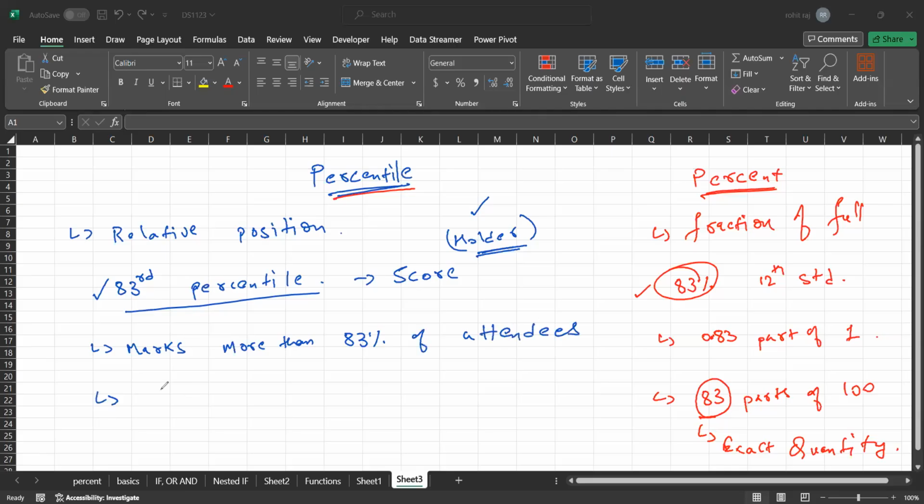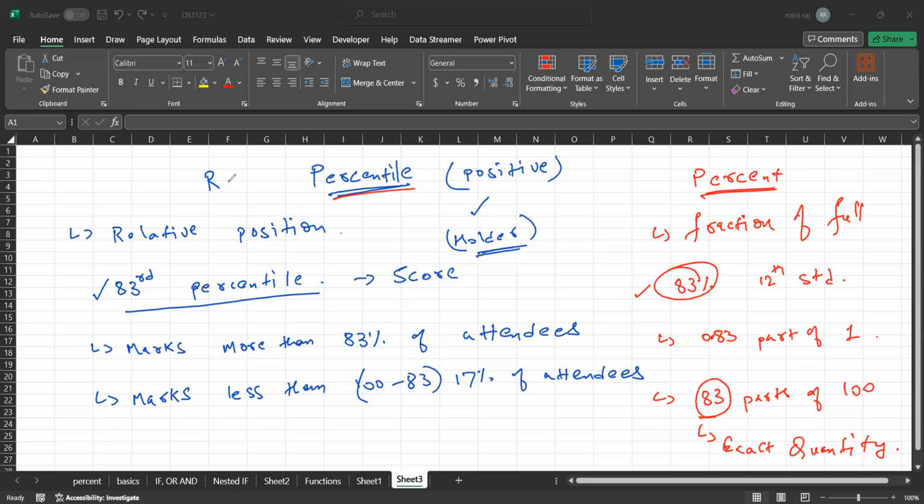And in other terms, this could also be mentioned as he was able to achieve marks less than 100 minus 83, which is nothing but 17% of attendees. Right? Percentile basically tells you about the position or relative position. In other terms, we also call this rank, right? Based on the position, you can simply assign a percentile rank. So this is basically the overall idea behind percentiles,